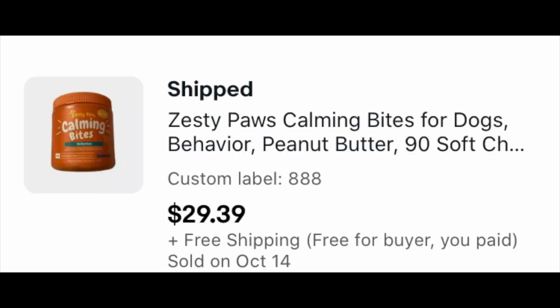These calming bites picked up in the lot that we bought from 888 Lots. At some point, we're going to get that video put together for you. I'm $2.32 into each unit inside of this wholesale lot. We got 144 units. Some of them are worth more, some are worth less. All in all, we're going to make about $1,000, I think, off of this whole deal. We actually still have one of the 3 boxes that isn't open yet, so it's just taken a while to get to. But these sold for